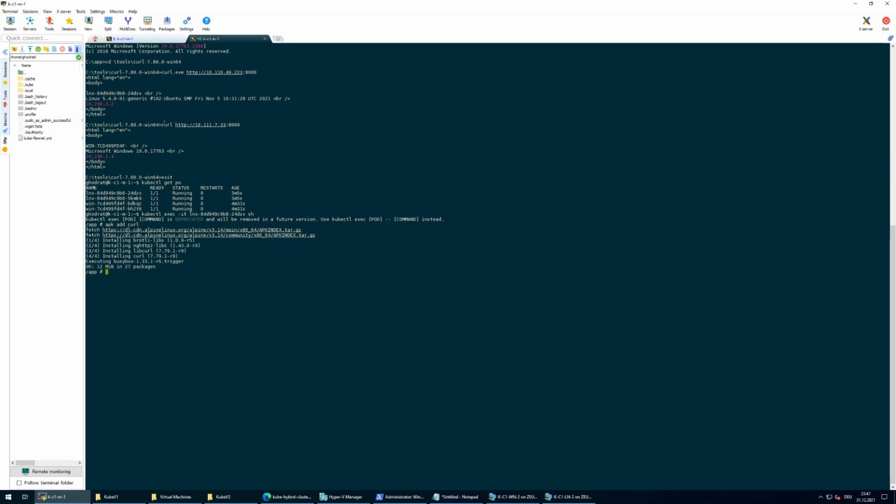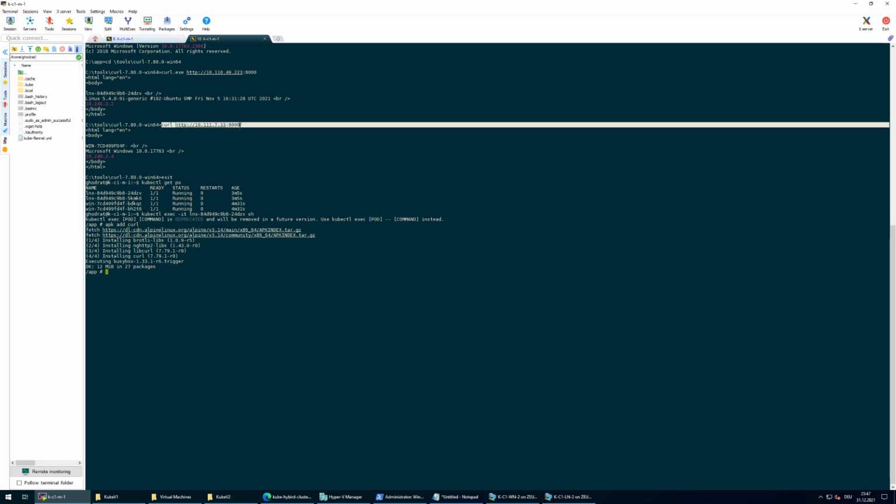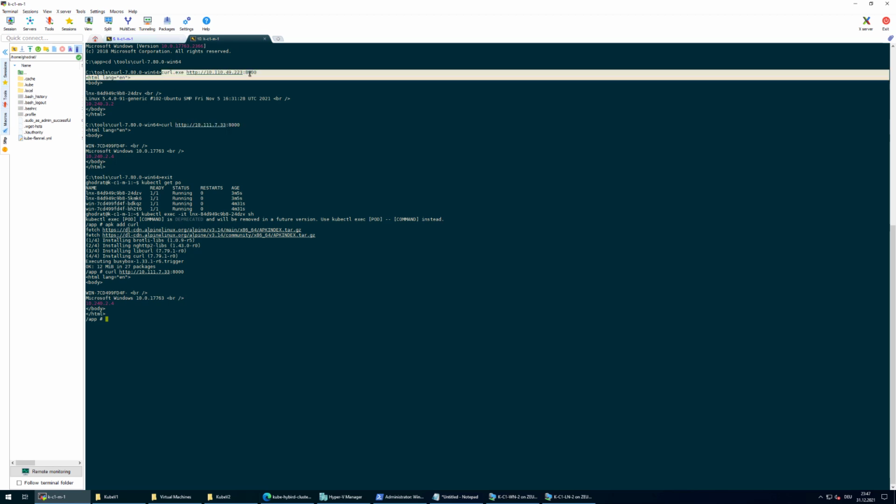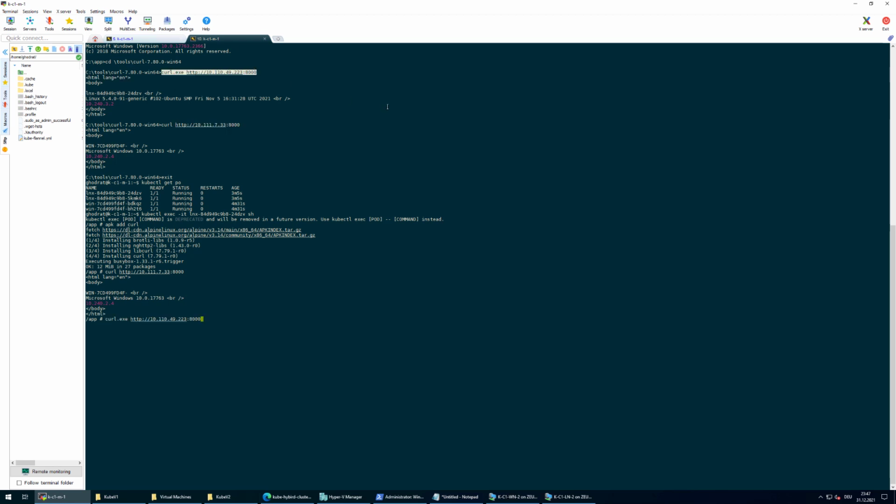And we do the same test here. It's working, and it answers this one. And it also works. That means we have full connectivity between the Windows pods and Linux pods,